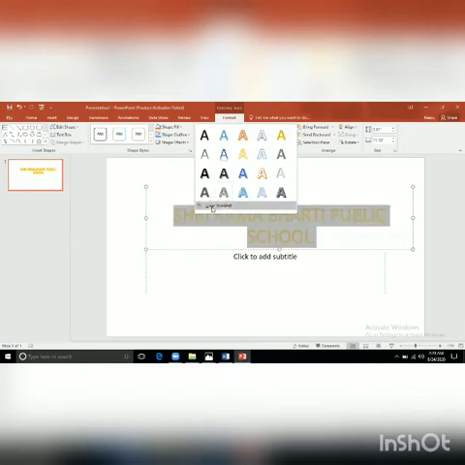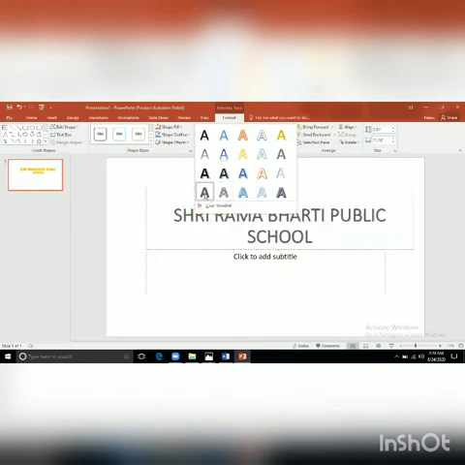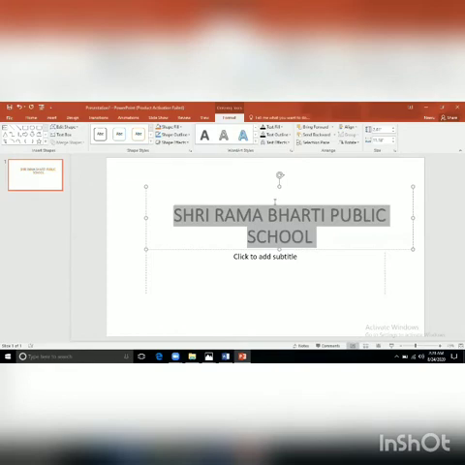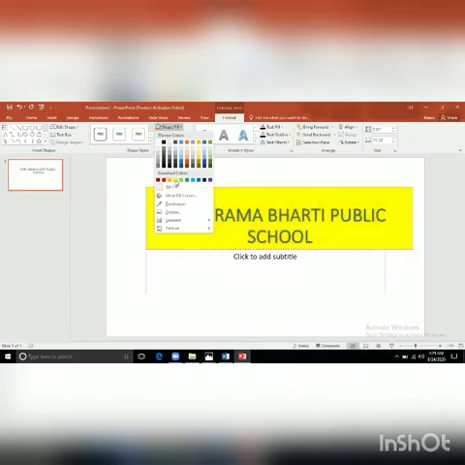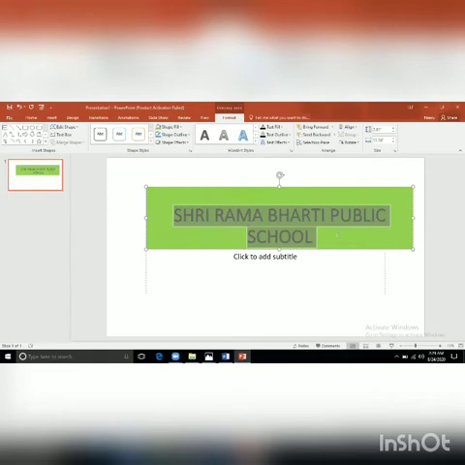And if you want to clear it, just clear the word. So same like that, you can change the fill color and whatever you want to change. So this is the way to insert word art.